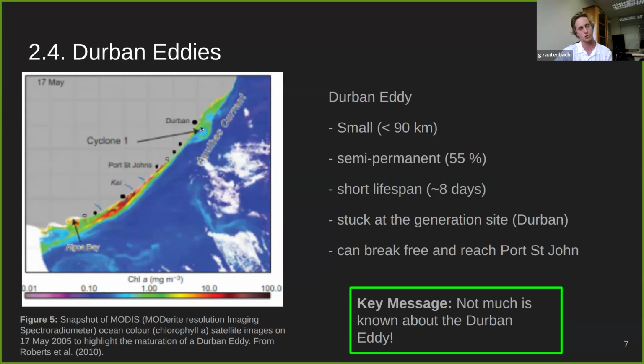So that's a Durban eddy, which is shown here. They often just can get stuck there. However, in some cases, they can break free from the KwaZulu-Natal Bight and propagate downstream. Obviously not as far as the Natal Pulse, because they will dissipate along the coast. During their presence, it was pointed out by Gustav in 2016 and Roberts et al. in 2010 that they also drive upwelling along the inshore edge of the Durban eddy, and they're probably enriching the